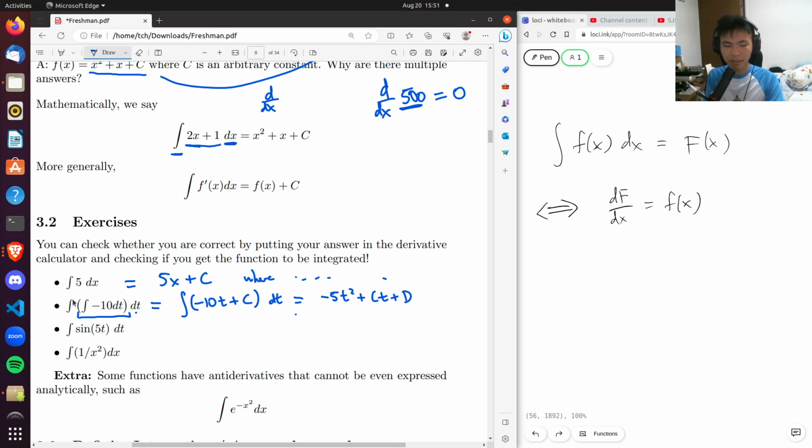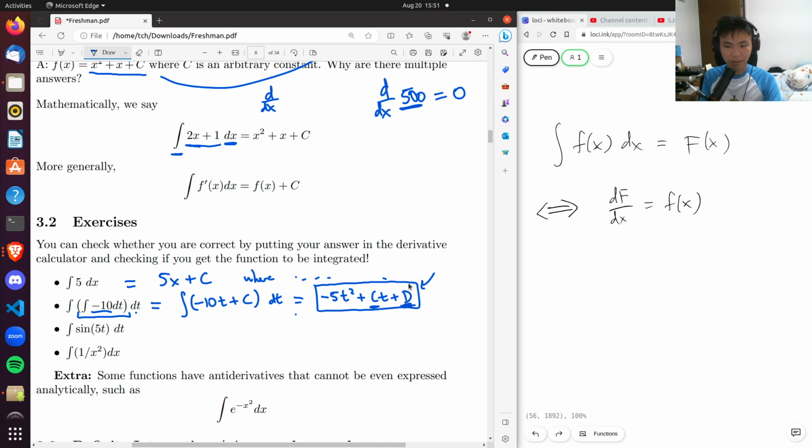So now, because I integrated twice, there are two arbitrary constants that I can choose, because this is the general class of functions that when I differentiate twice will give me minus 10. In other words, if I differentiate this function, minus 5t squared plus ct plus d, twice, you can see that c and d are arbitrary constants because if I differentiate it twice,